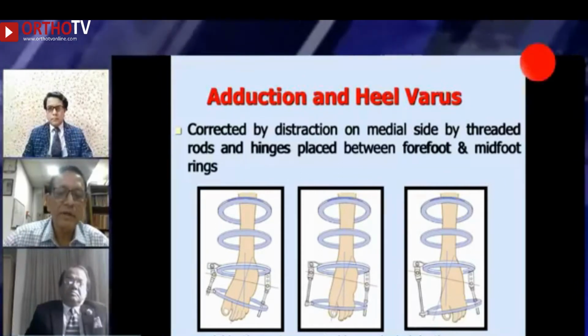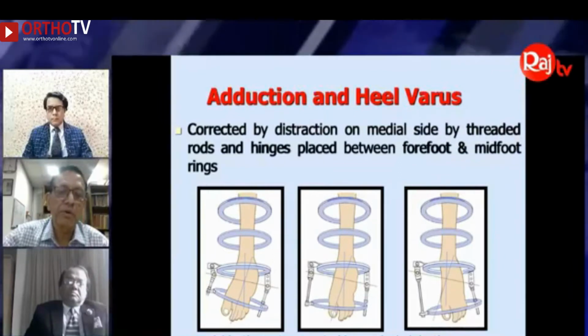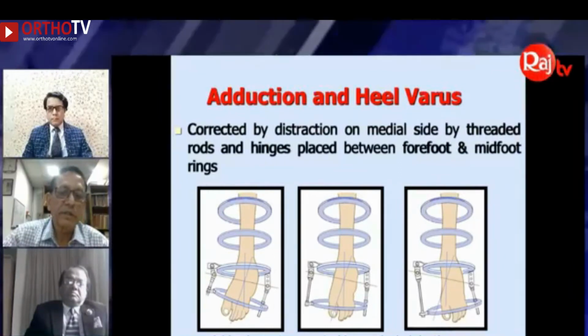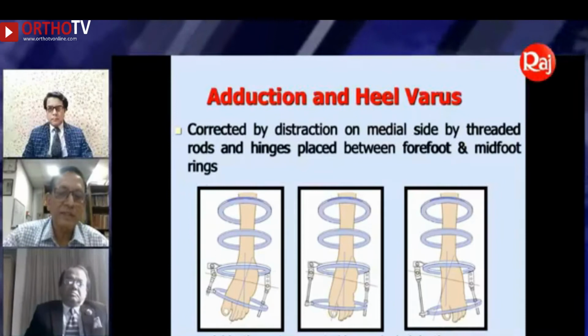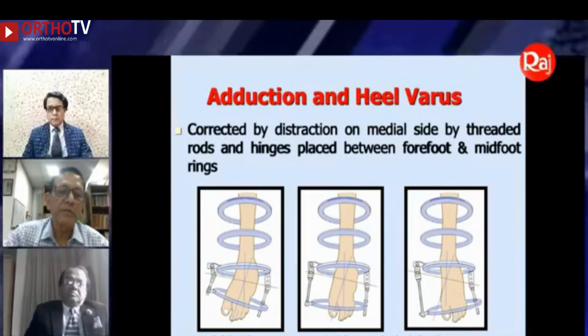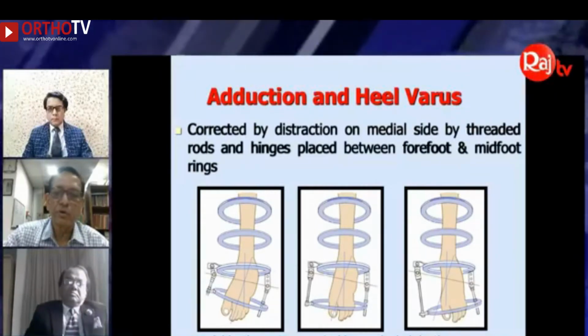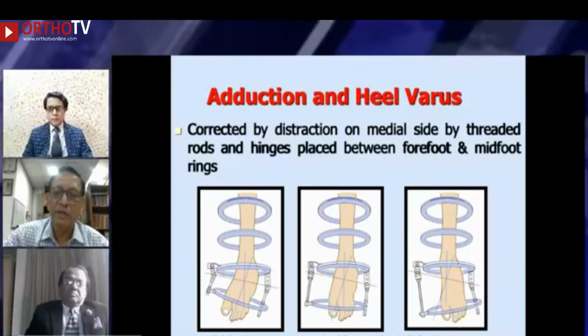So what happened? Now the thing is adduction. So this is the hinge model. Here we do fractional distraction, 2 millimeter, 1 millimeter, and sometimes 3 millimeter on the medial side, and 1 millimeter on the lateral side. So you can see the deformity